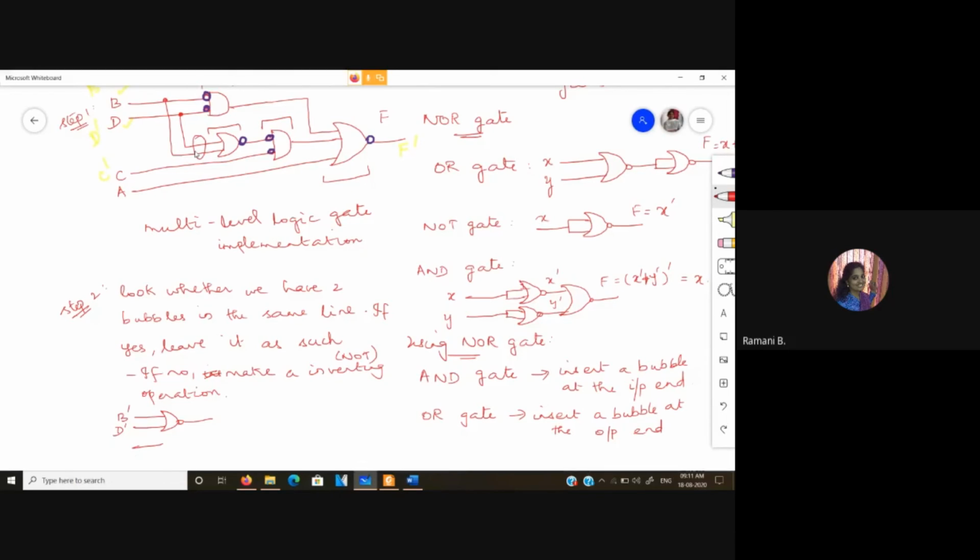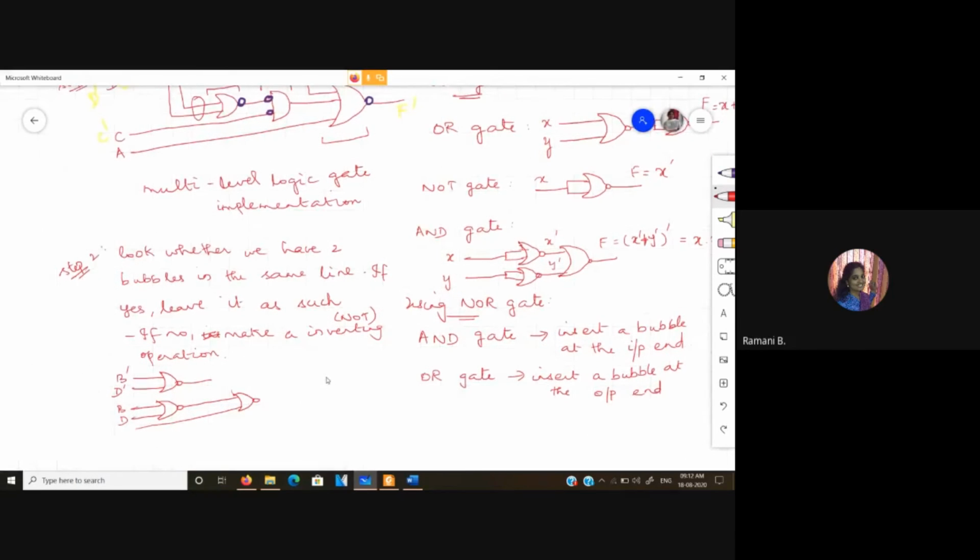So I will draw this as such. So this is going to be BD, and then we have this C, which is converted to C bar, and we have this A.